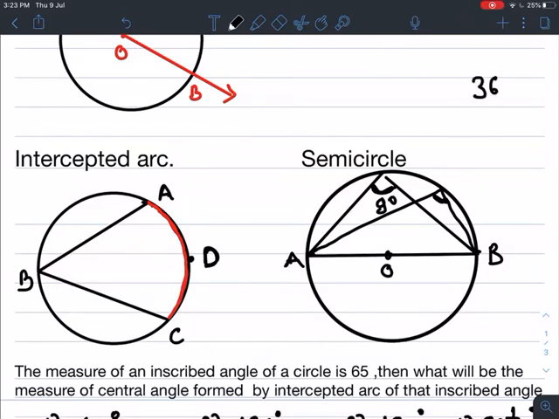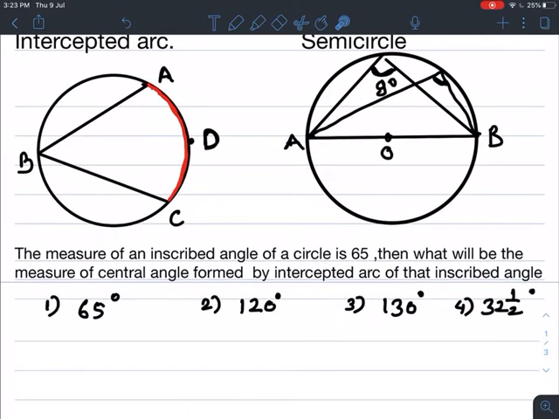Measure of circle 360, measure of semicircle 180, angle inscribed in semicircle. So, I will show an inscribed angle in a semicircle. If you observe, the vertex of this angle is on the circle, and two sides intersect at points A and B. So, this angle is called an inscribed angle. The measure of this inscribed angle in a semicircle is always 90 degrees. This property is useful. Anywhere if you draw an inscribed angle in a semicircle, the measure is 90. If I draw here, the measure will be 90. So, this is the portion of the circle, the half portion. This is called a semicircle.